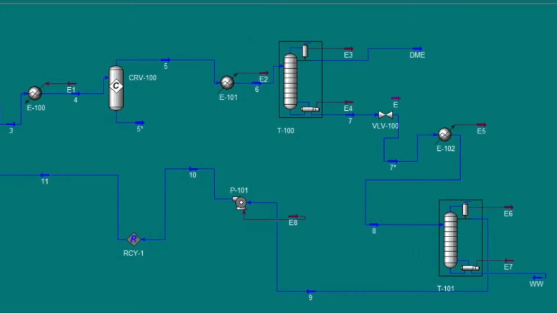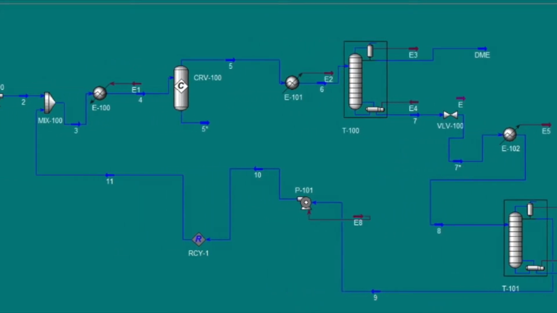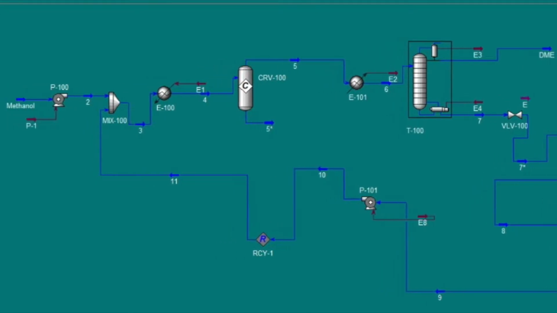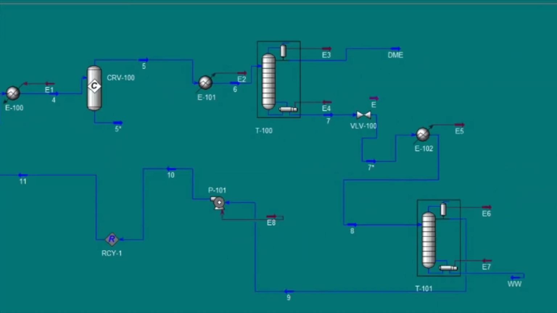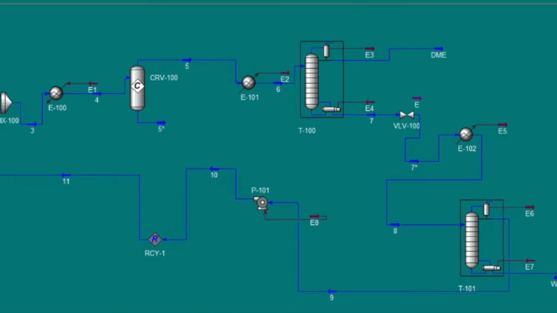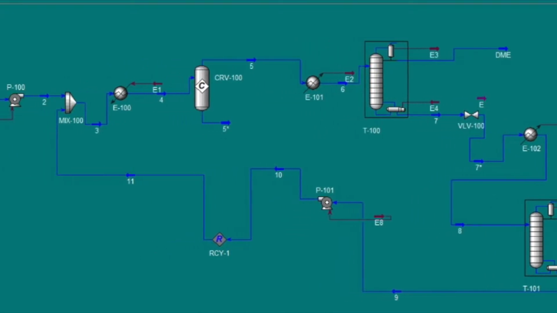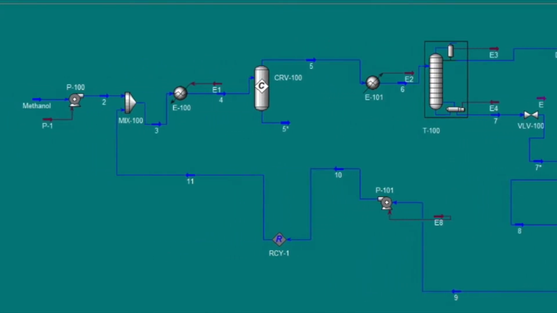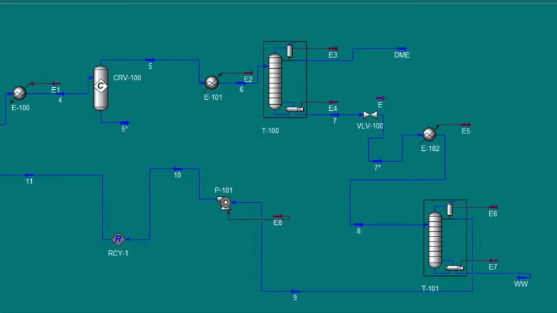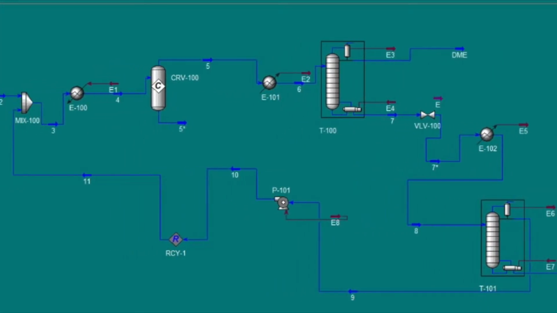Hello, I'm Fatin, and today my group and I will talk about the production of dimethyl ether from methanol. I'm going to talk about the objectives. The objectives for the production of dimethyl ether from methanol are